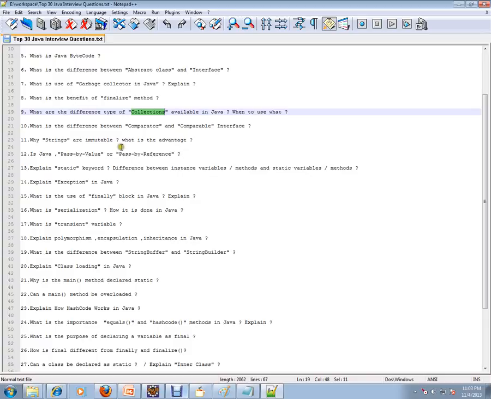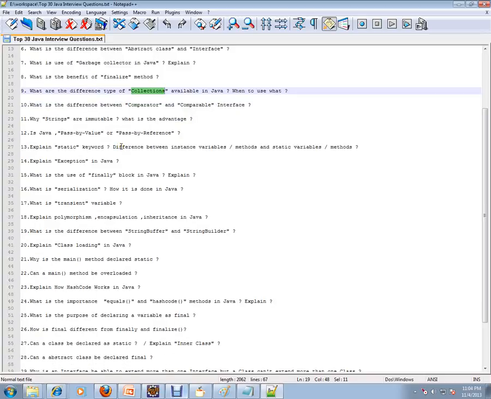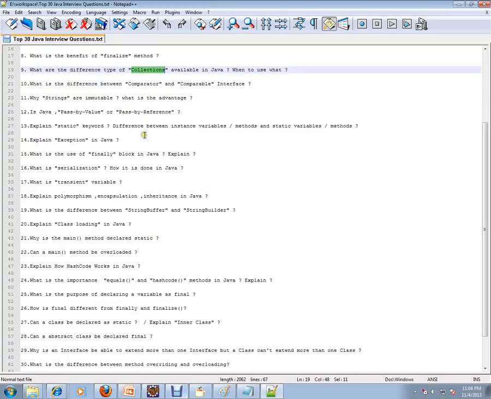And the next question is, is Java pass by value or pass by reference? Java is always pass by value. Okay. Most of them assume that it is pass by reference, but it is pass by value. There are a lot of examples on the net. You can check out how exactly it works. Basically, you should check for primitives and objects using some examples, so then you can understand and better answer during the interview, because they might confuse you by reassigning the object and primitive types to a different variable.